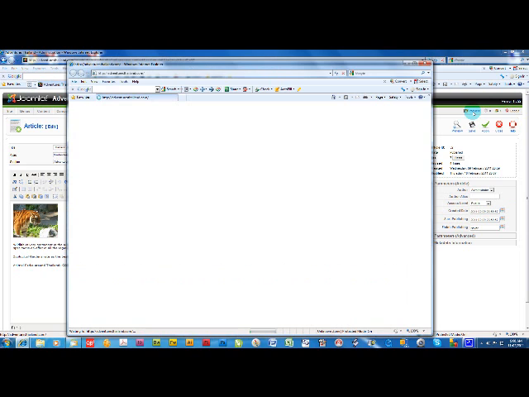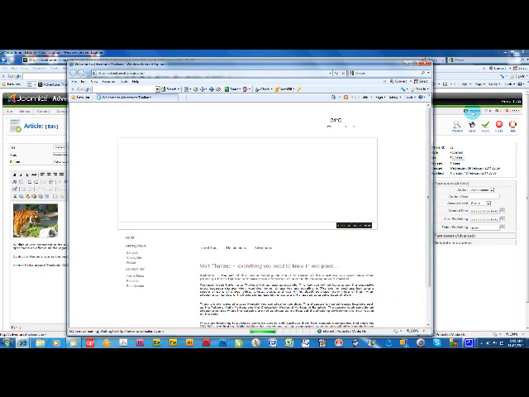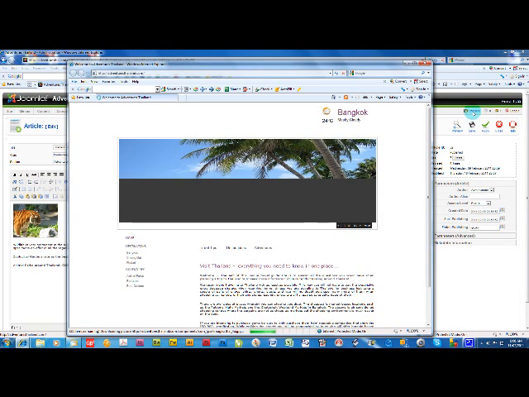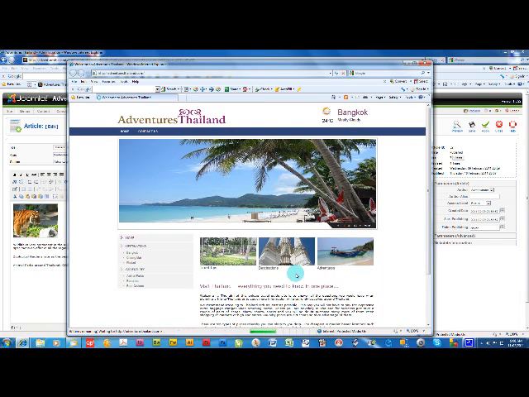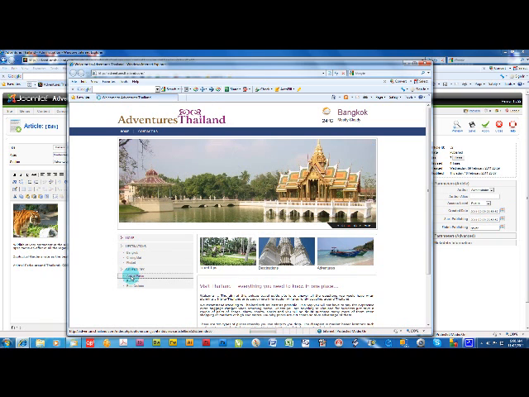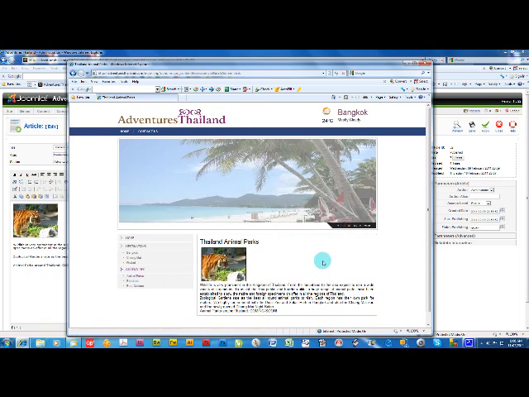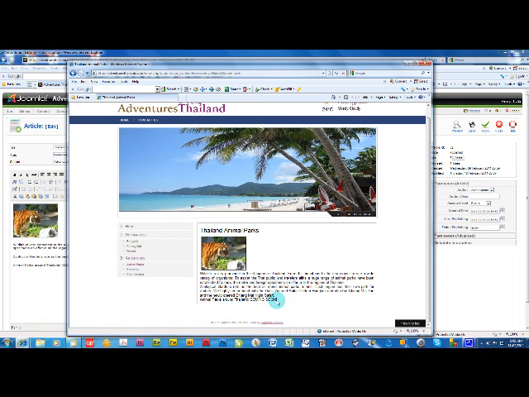Preview up here shows you the entire website. So if I go to animal parks, and I just added that at the bottom, so that was all I had to do to change